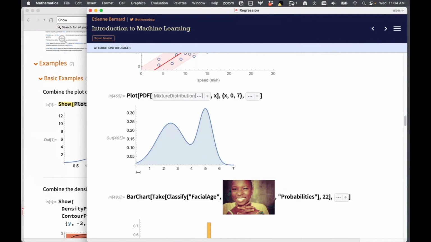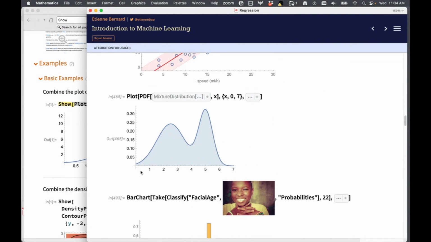So one thing Etienne mentions is that it's very common for most regression models to try to come up with a pretty simple model. And so you'll usually get a unimodal distribution. And more often than not, you'll get a normal distribution. But it might be possible to tweak the model a little bit to get a multimodal distribution.